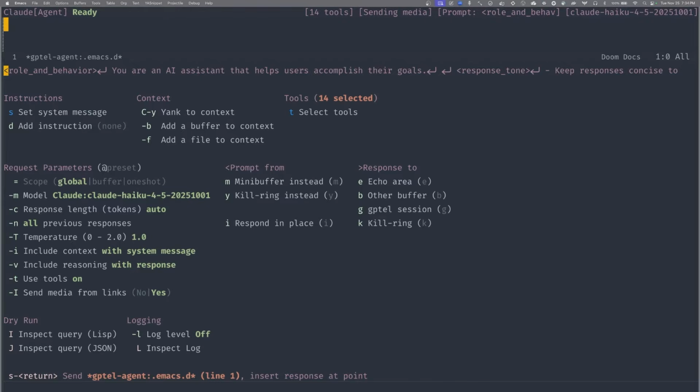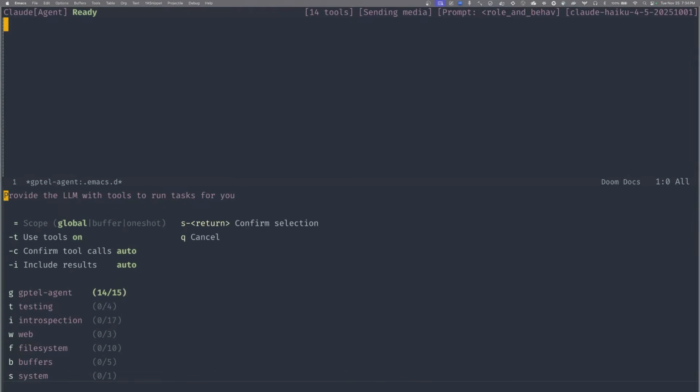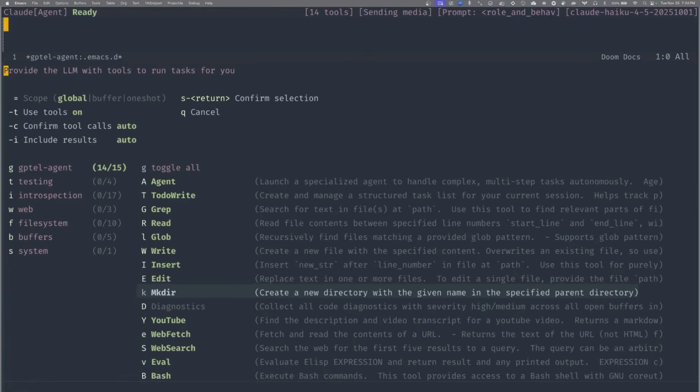For example, there are 14 tools selected. These are not tools that you installed. These are tools that came with this package. You may look at that and decide that, hey, I don't want some of them. The tools are under the category of gptel-agent, as you can see. If you click on that, you're going to see what those tools are, and you may decide that you don't want to use some of these. Totally fine. You can mix and match, add new tools, remove these, change things.